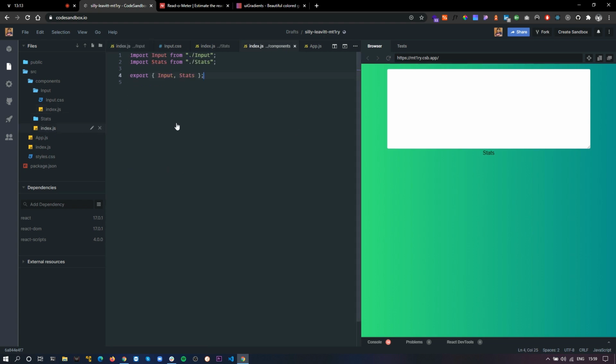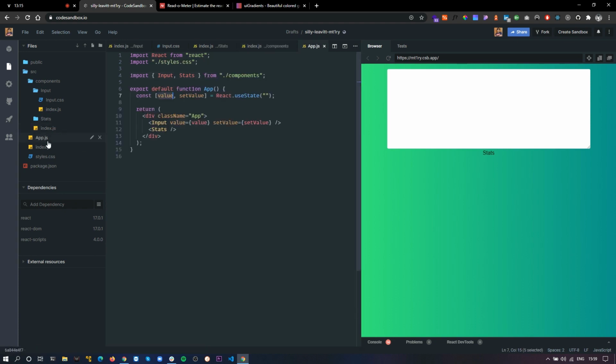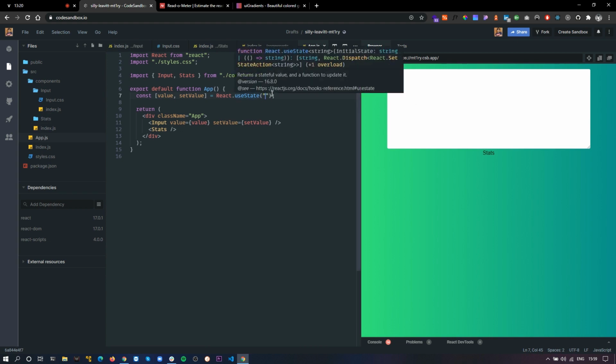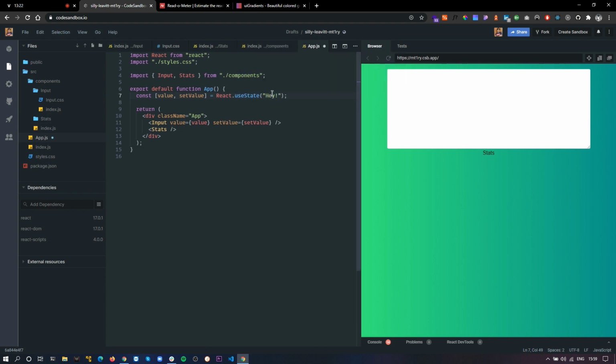Okay, and let me show you something interesting. If you see, inside our app, we have a default value of a blank string. That is why nothing is rendered initially. But let's say if I write "hey code school", then when the component renders initially, this will be pre-filled. So this is the default value, and I'll revert it. So this is fine.